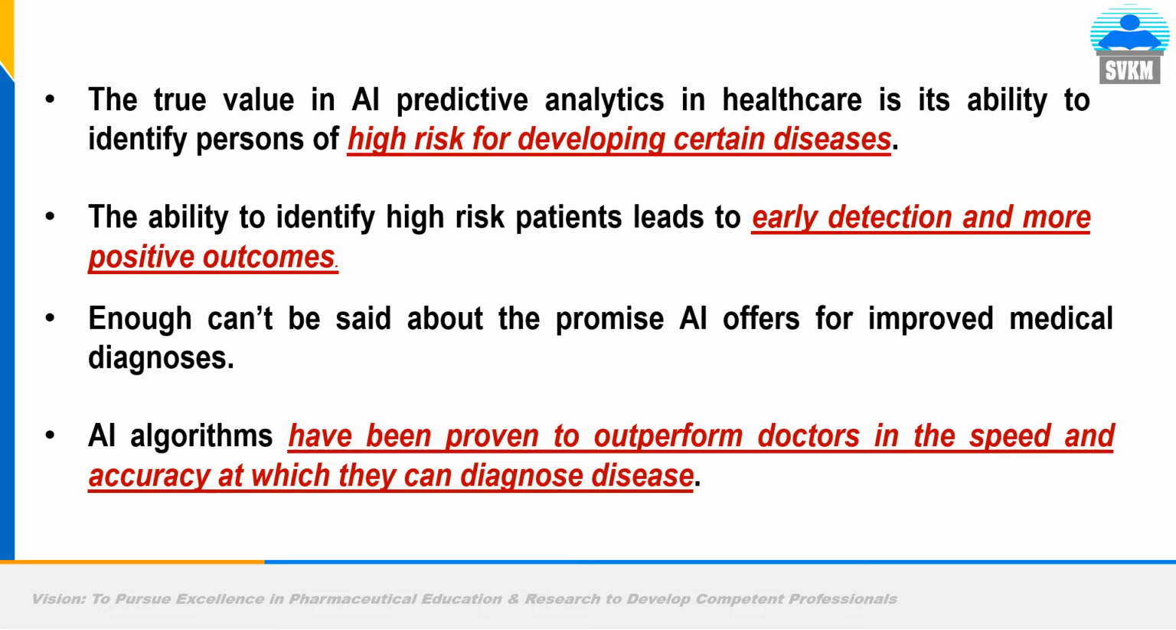The true value in AI predictive analytics in healthcare is its ability to identify persons at high risk for developing certain diseases. This is the most important application of AI in healthcare. What is it? To identify patients having a high risk of developing certain diseases much before it occurs in them. The ability to identify high risk patients leads to early detection and more positive outcomes. So for example, just by scanning of your retina, if the system says you can become the victim of heart attack or victim of diabetes or victim of